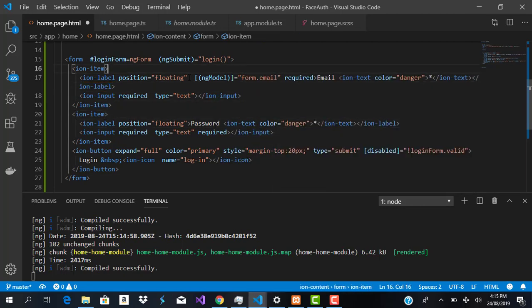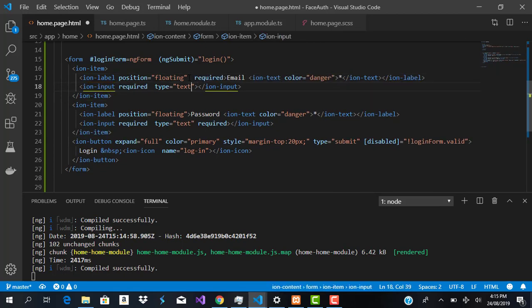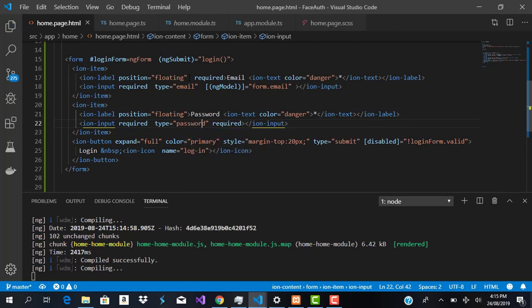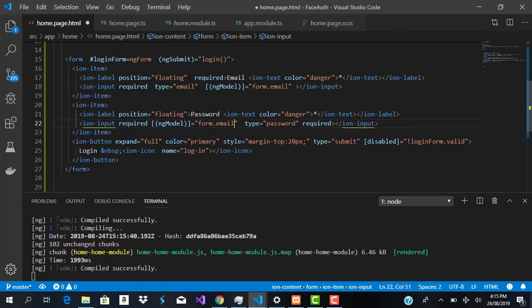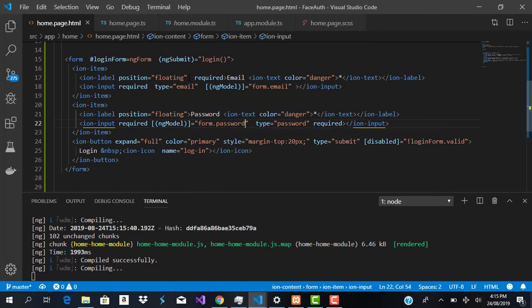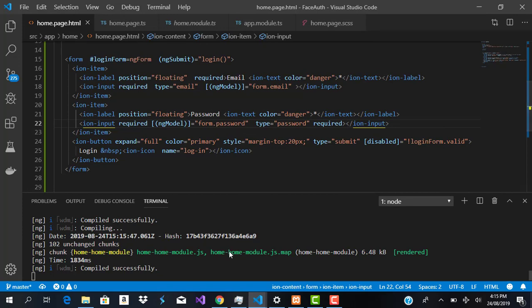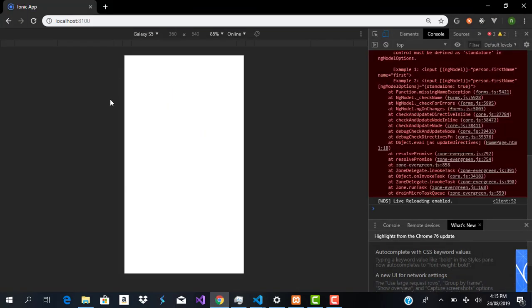That's for, oh sorry, I'm actually entering that in our label. It's supposed to be in our ion-input, and this is supposed to be type of email, not text. Type of email, and this should be type of password. And we also want to paste that in here, form.password. And now once we save this and everything is looking good, we can come down here and wait for our